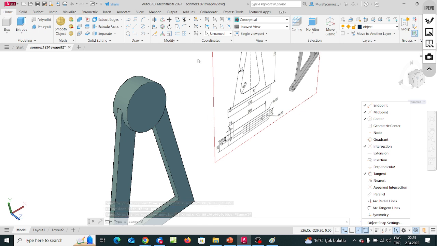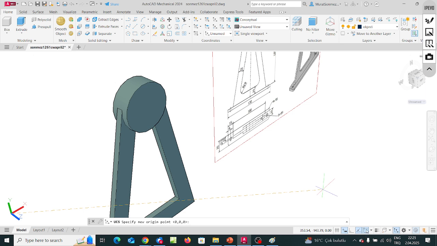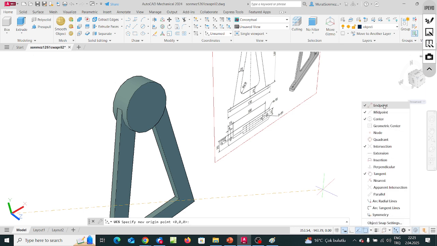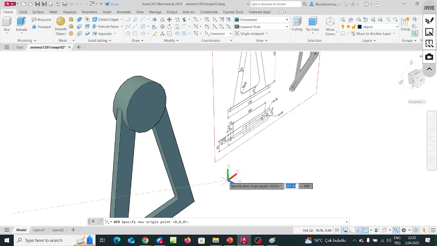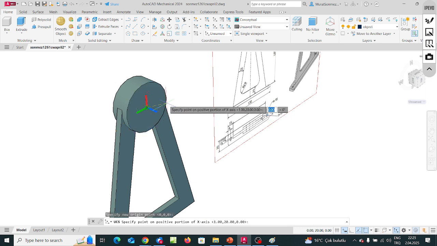Well, made a wrong click probably. Do it again. Well, for endpoints, midpoints, center points, yes. Well, snap enabling exists. Okay. Well, coincide the origin at the center, and then,